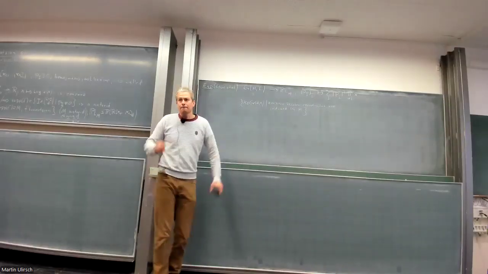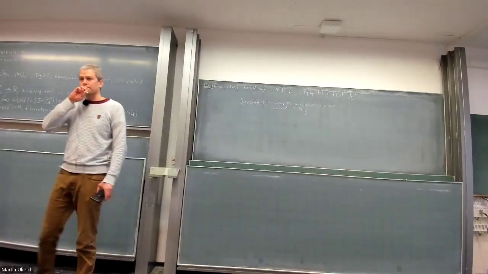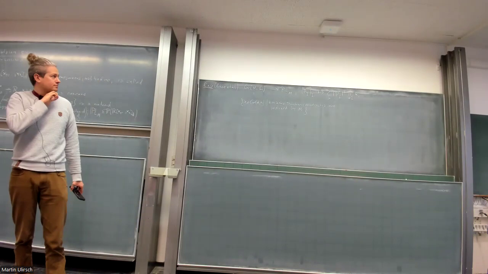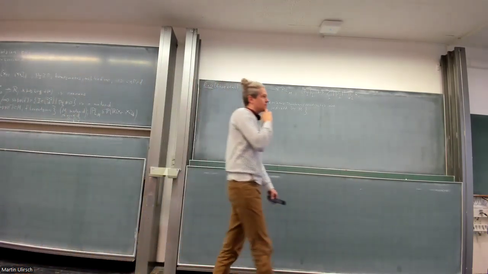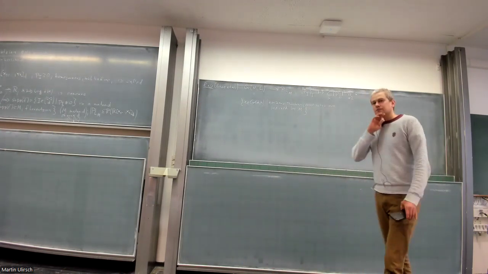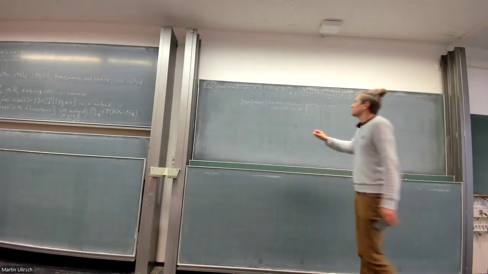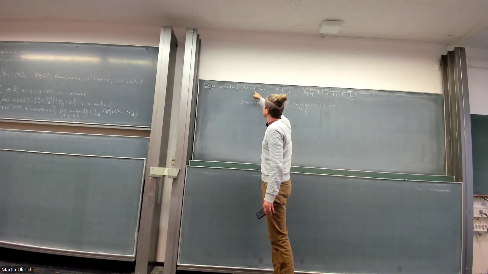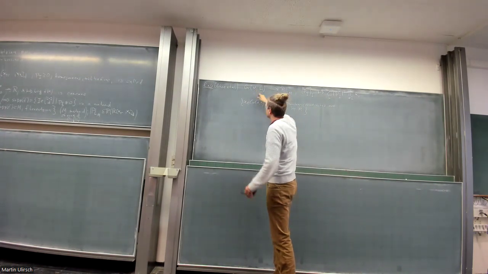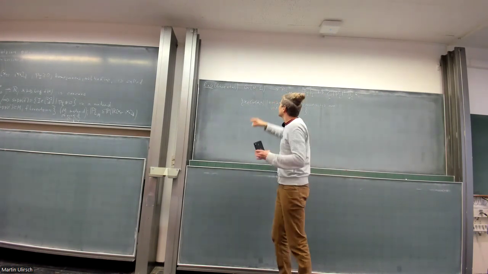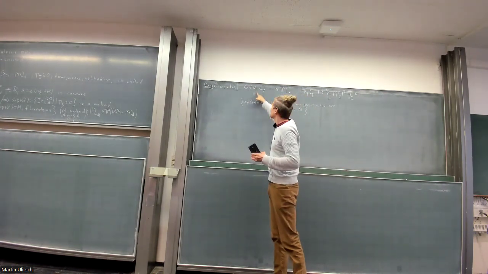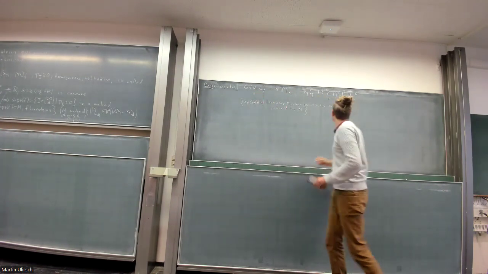Do you need to use the Plücker equations to show that the property holds, or is it just something you could do for every point projectively? I mean, you know what I mean? You don't use, second question, no. First question, also no. So you take a representing matrix of this thing, and then